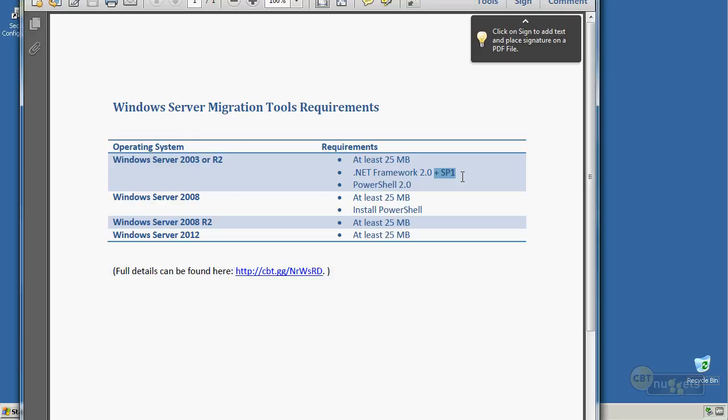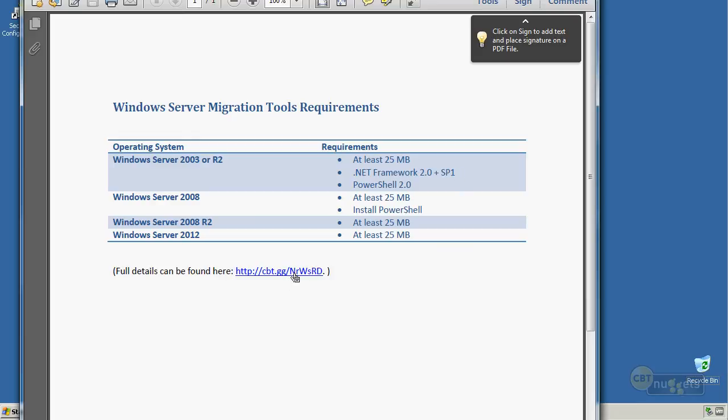In my experience, you have to have it, and let me explain why. If you install just the .NET Framework 2.0, and then you try to install PowerShell 2.0, it won't take because it tells you you don't have .NET Framework 2.0 Service Pack 1. So then you have to cancel this installation, go back and install Service Pack 1, and then go back to installing PowerShell. You see the life I live, folks? I do all of this back and forth stuff just for your own benefit.